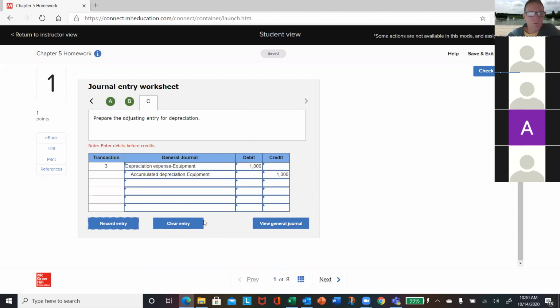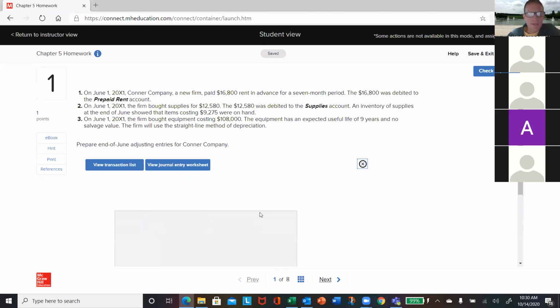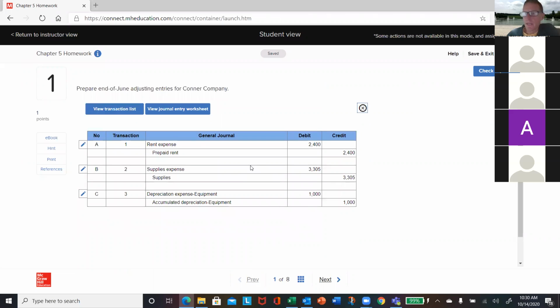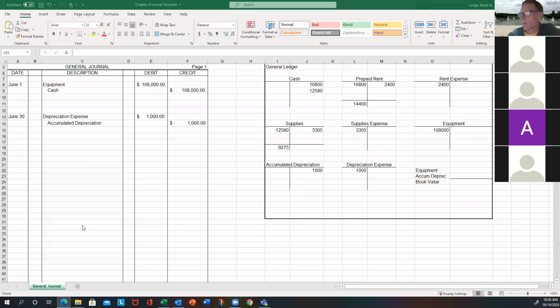That, and then you would hit record entry, and then that's basically it on this particular problem. That's all you have to do in this problem. All right. Now, I want to show you one more thing which I feel is really important, and again, that